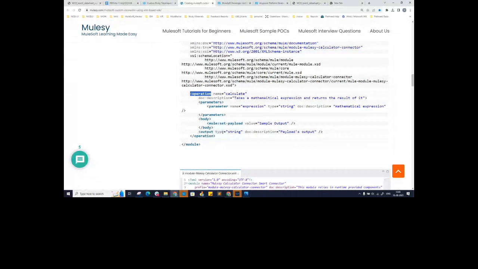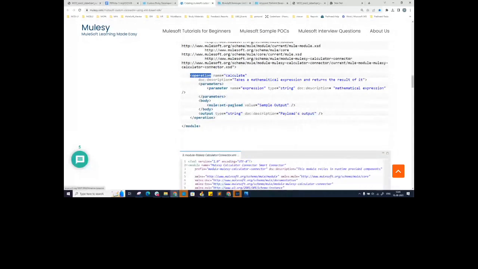Whenever you create an error tag, definitely you will be creating a custom error type, right? Because let's say under the hood your application is using HTTP connector, but if there is an HTTP timeout, you will have to map it with the calculator timeout error. Correct? So when you are giving that particular kind of error type and you are reusing it, you need to mention it in your code while creating your custom connectors.